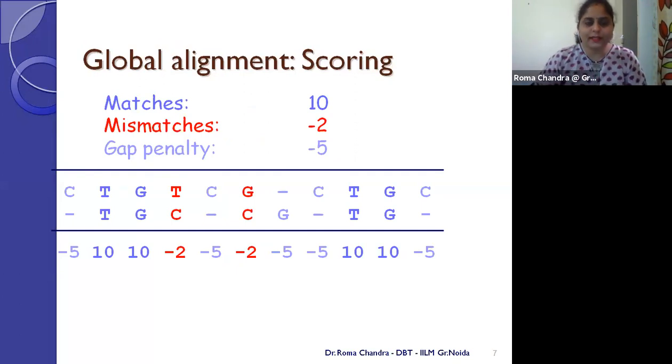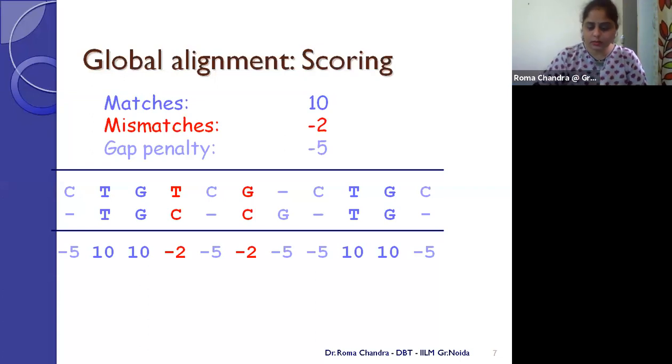Okay, so a kind of a penalty I am putting up here. So that is the reason I'm considering my gap value as negative, and similarly I'm considering my mismatch value also as negative, because both these are under my mutational conditions. I'm considering either substitution or I'm considering insertion or deletion. Whereas on the other hand, I'm considering matches as my positive value, trying to add on all the similar regions.